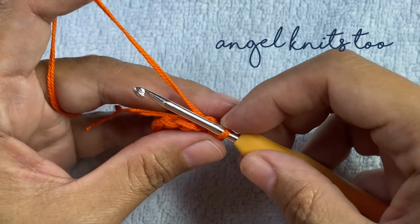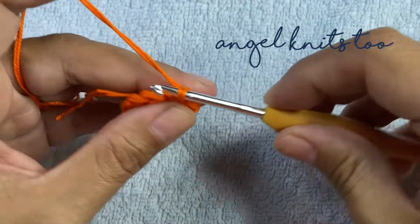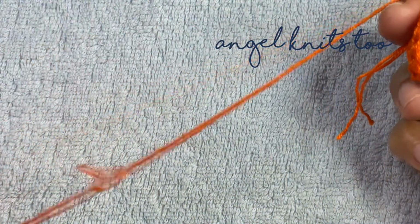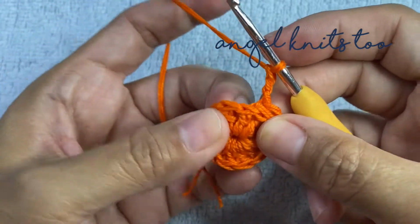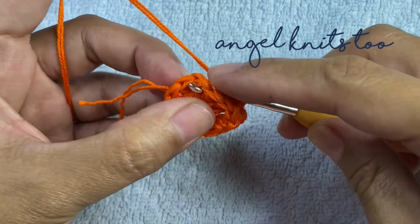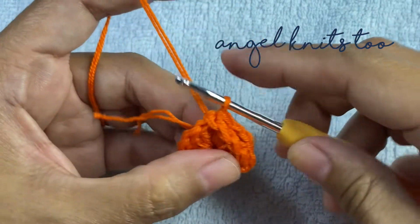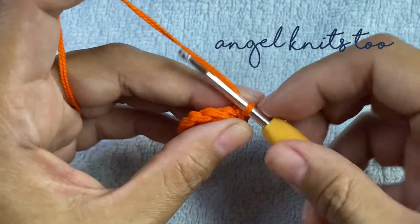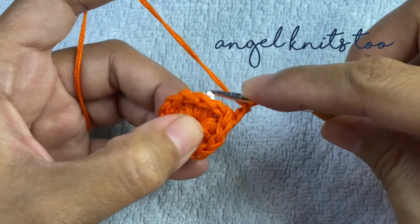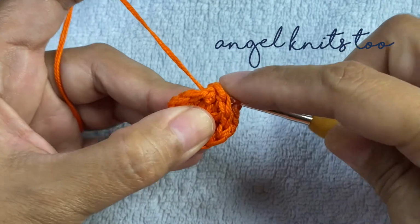All right. And then chain 3. And we're going to skip 2 double crochets, and on the next we're going to do the same thing, slip stitch, chain 3, skip these 2 and slip stitch as if you're going to do a back post,